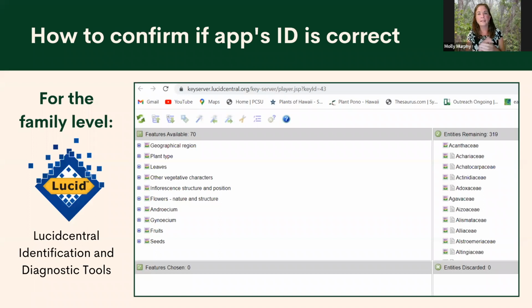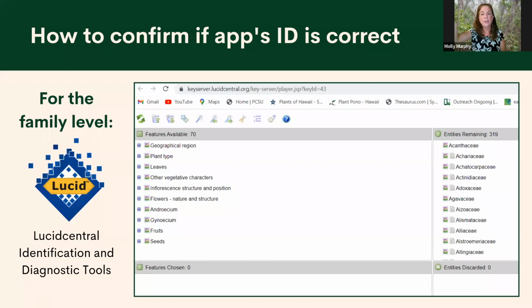So this is a great way to confirm what plant family you have, and I think we're going to put this link in the chat. It's a Lucid Central Identification and Diagnostic Tool. It's kind of like an Access database, and you say your geographical region, the plant type, how the leaves are arranged, what the flowers are like, what the fruits are like, how the seeds look.